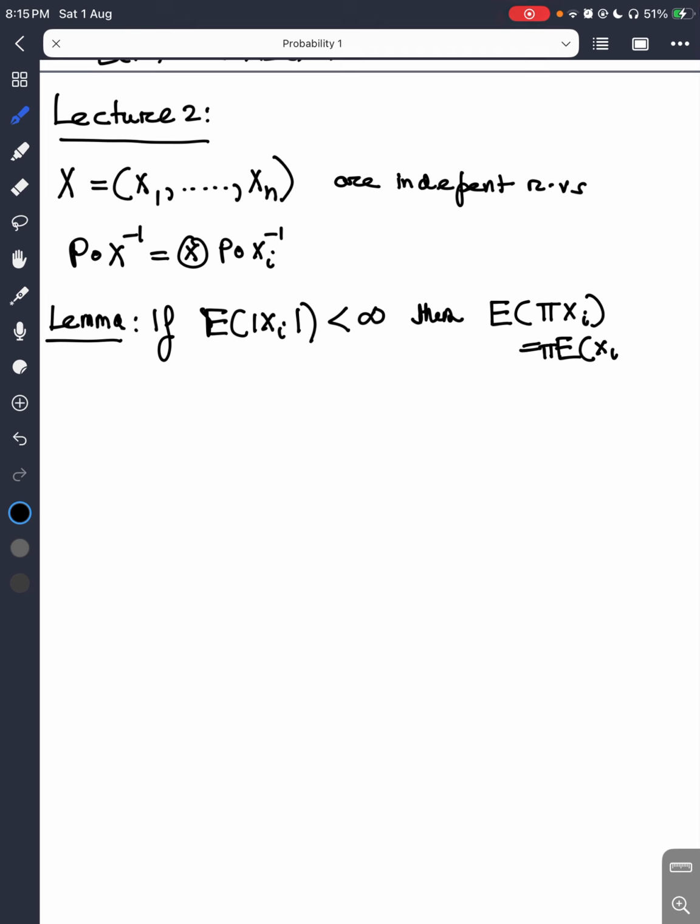This is not absolutely apparent from Fubini's theorem. The proof follows directly from another more general lemma,